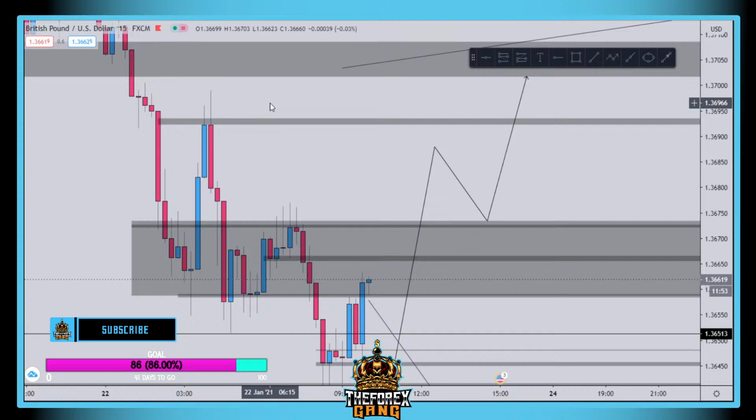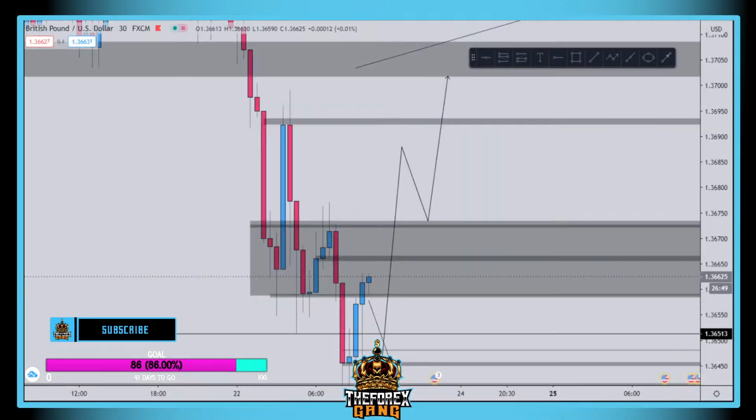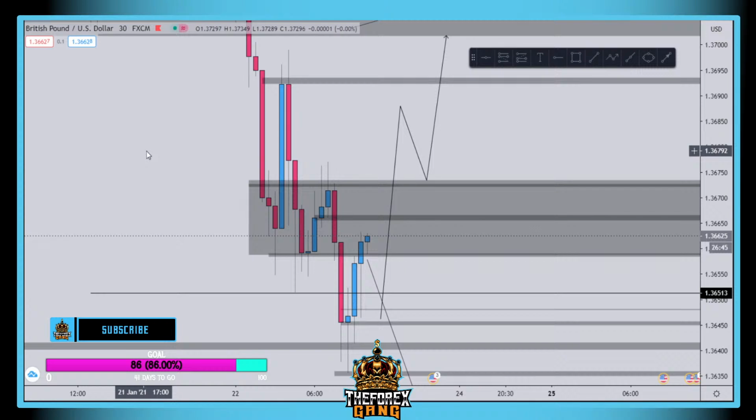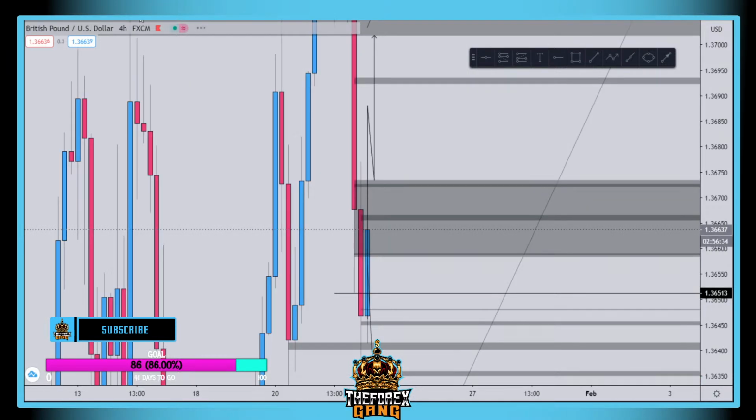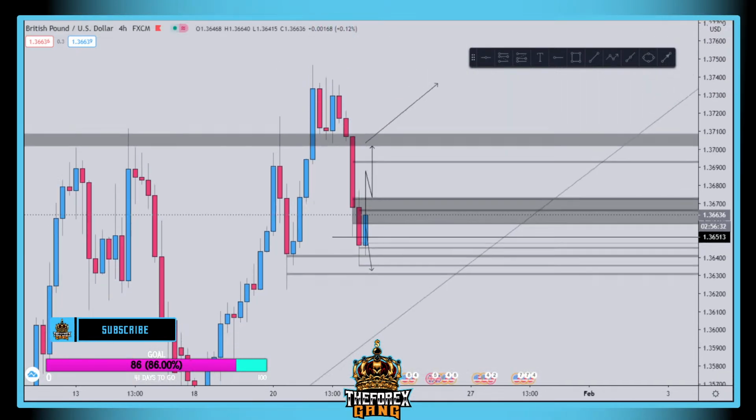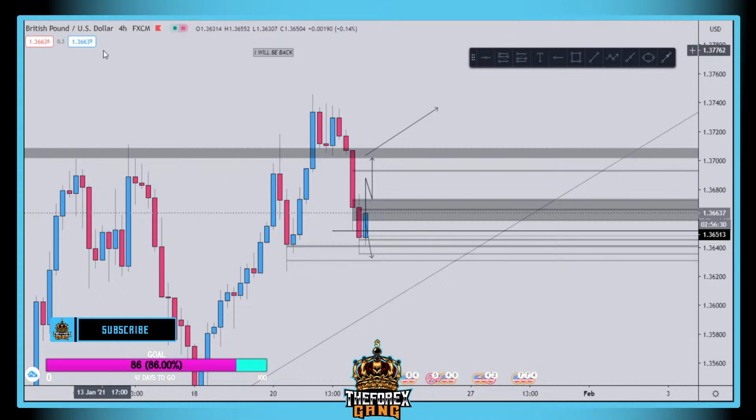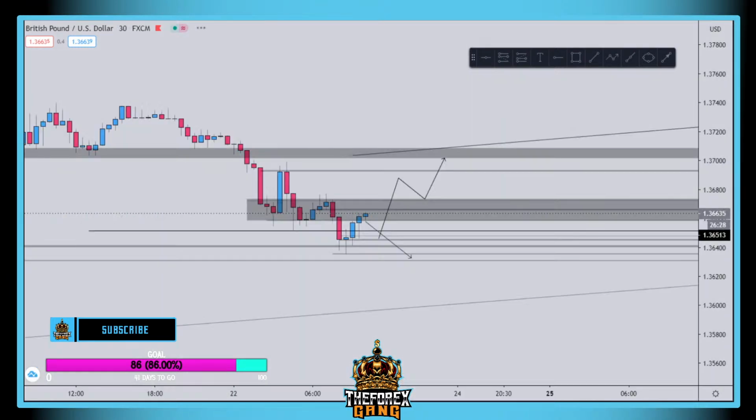Ron, if you would have entered on the 30-minute, it would have given you 5 pips, and then I think your runner would have stopped out. I wouldn't have a runner. Yeah, because this is a major support. You know what I'm saying? This is a 4 hour, and I've seen this so many times where it would just change direction by New York.